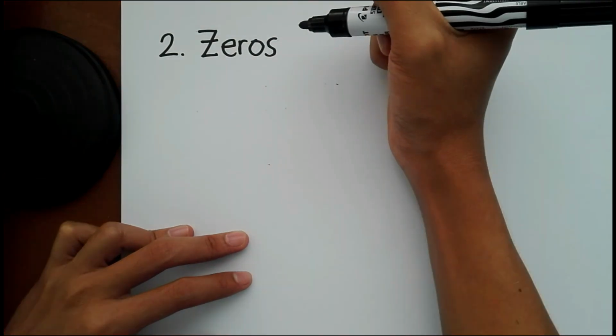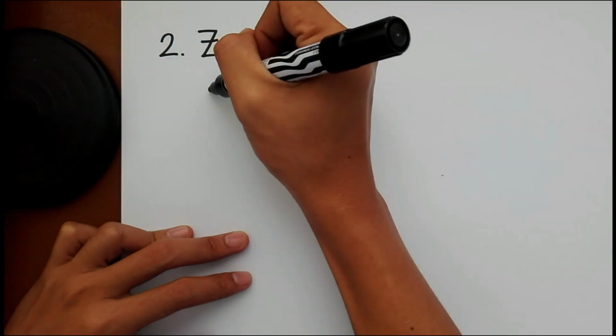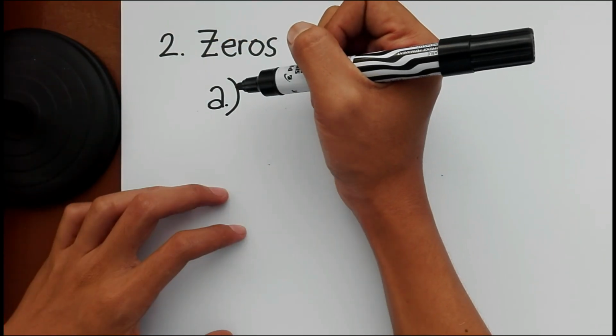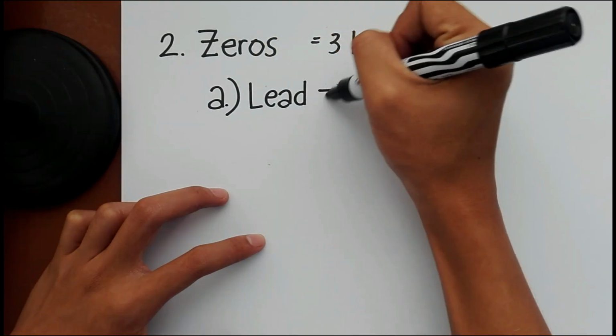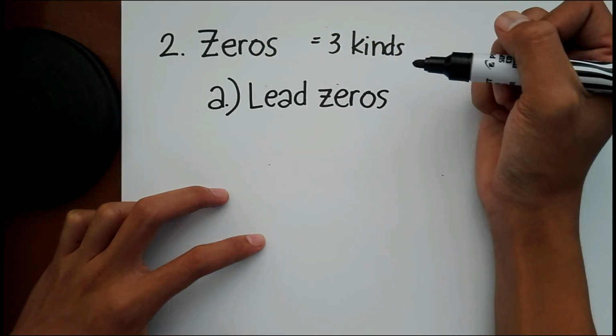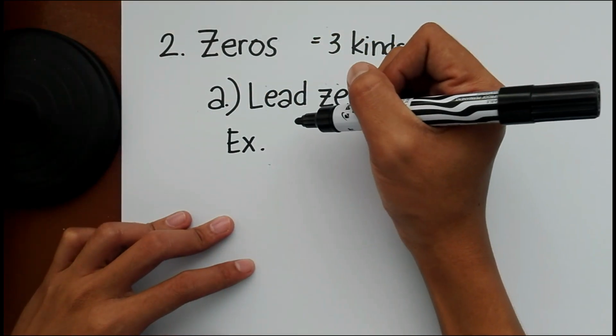Actually, there are three kinds of zeros which we can consider significant or not. The first type is we have the lead zeros. Lead zeros are those zeros before the non-zero digits, and these zeros are not significant. Like for an example,